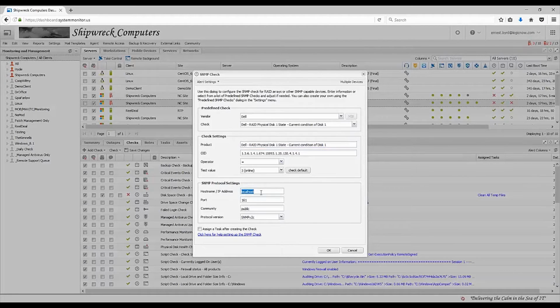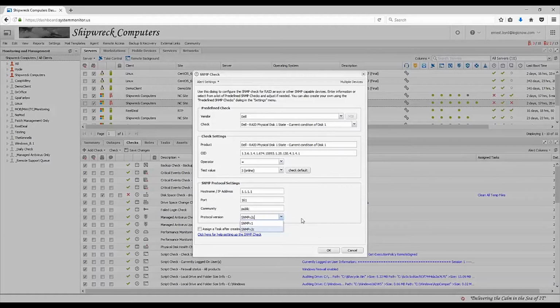So through this, what you're doing is providing a query to a given target, which you can define in here. If it is RAID, for example, it would be a local host query. If it is a remote target, maybe an IP address that you put in here. Typically, you're going to use the IP or FQDN, which is fully qualified domain name. However, I do often recommend using IP if it's a static IP, and that just removes any additional layers. And you would have the communicating port. This is going to be a UDP request that goes out to the target using this security profile or community string,